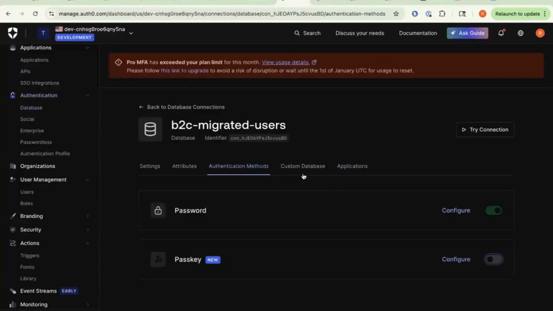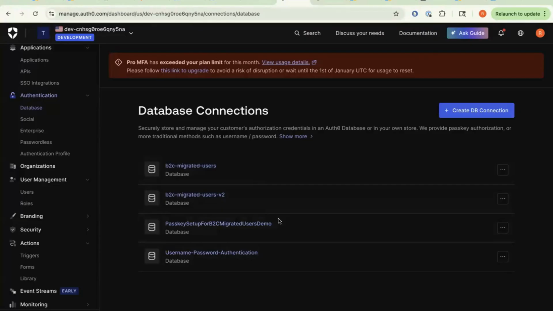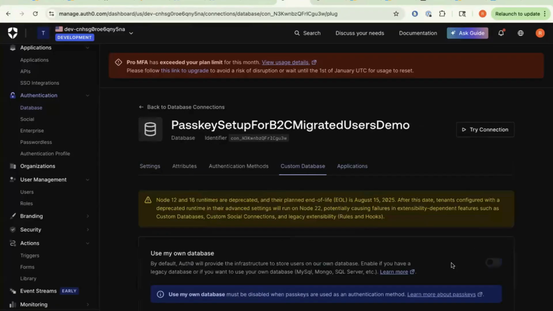And we can't disable that because, once you've migrated users into a connection with use my own database, it will not allow you to disable that toggle. Now, Auth0 has this internal boundary, right, where you need to move these users inside a native database connection where you do not have this toggle use my own database on. And that can mean increased work for enterprises, right? Enterprises have to now introduce some type of native automation, either through actions, or they would implement something more